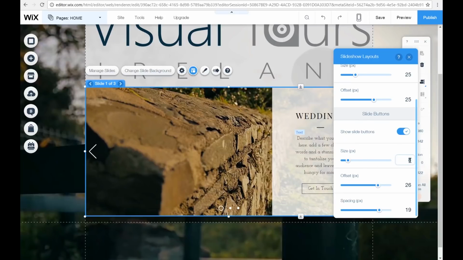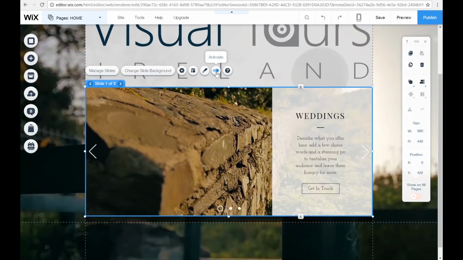The size of the buttons, we want them to be 12, just a little bit bigger than what they were. In fact, we're going to have them at 10. Offset, we're going to have that at 25 as well to keep everything the same. And spacing between buttons, we'll have 20 between each. 20 pixels between each of these. These are the buttons here, and these are the arrows.